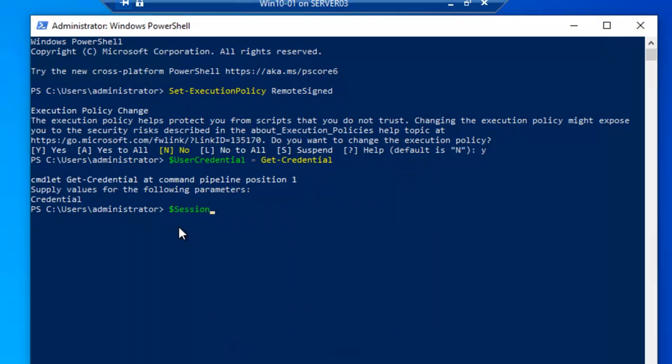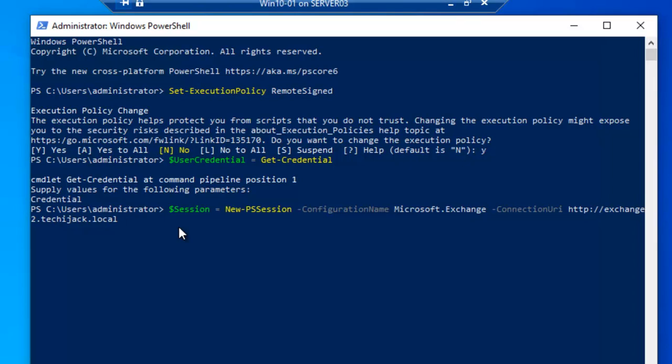$Session = New-PSSession, ConfigurationName Microsoft.Exchange, ConnectionUri, and in our case it is http://exchange2, which is the name of the Exchange server, exchange2.techiejack.local.